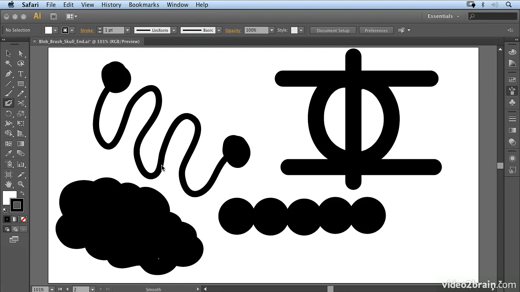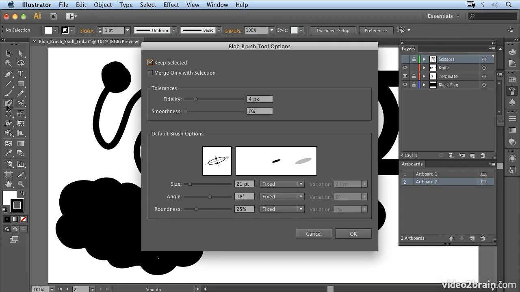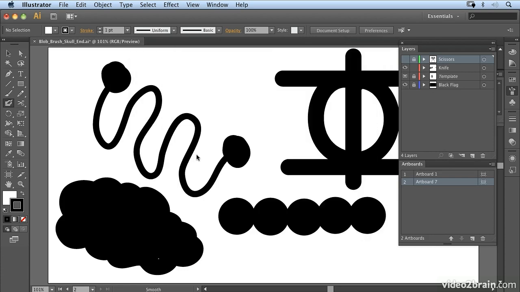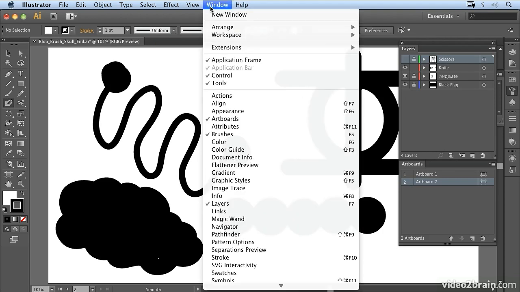Now we've seen how to use the blob brush tool, and you'll have seen me go into my blob brush tool options and keep changing the settings in here to create new shapes. Now, as I said, you can't actually save these brush settings in here, so what I recommend doing when you're working with the blob brush tool, and we're in blob brush skull end AI, if you open that and double click on artboard 2,